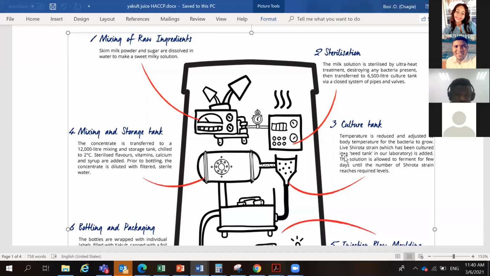Then the second member is the site hygienist in the company, who is a graduate of microbiology. So he or she will be helping in hygienic design of the facility, so that it will incorporate